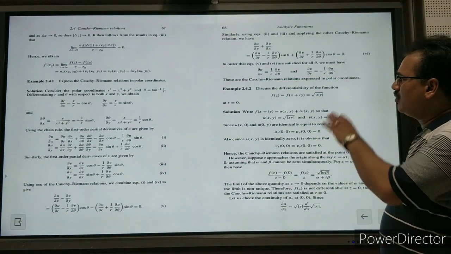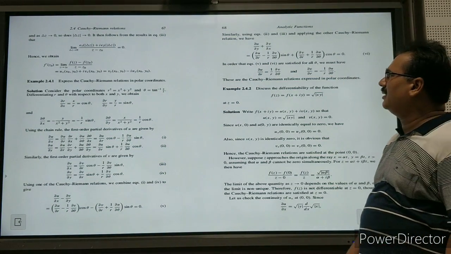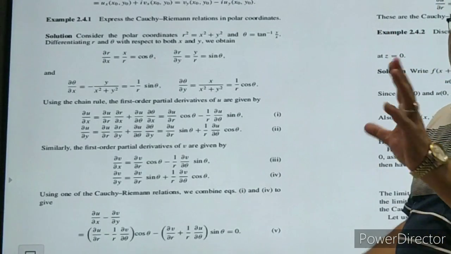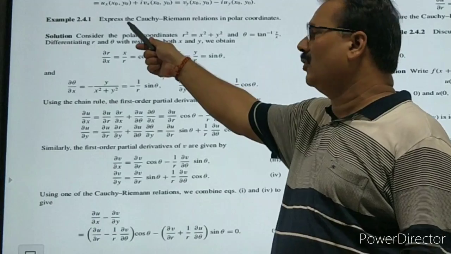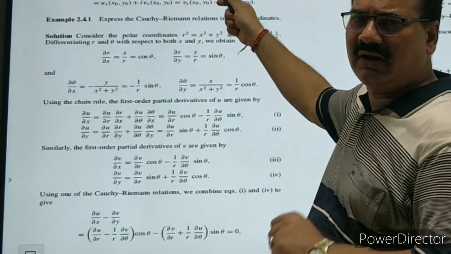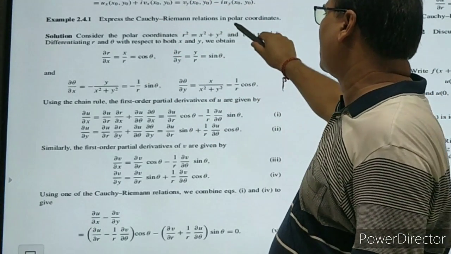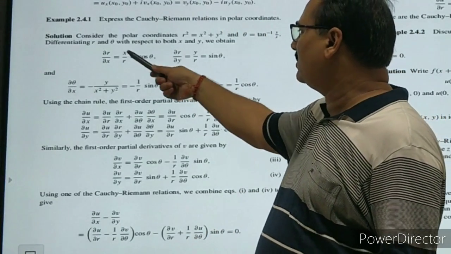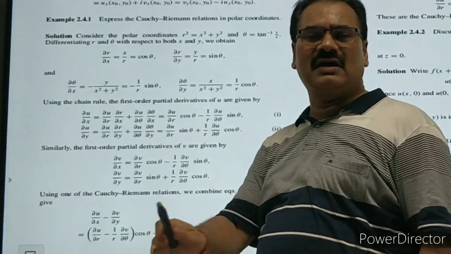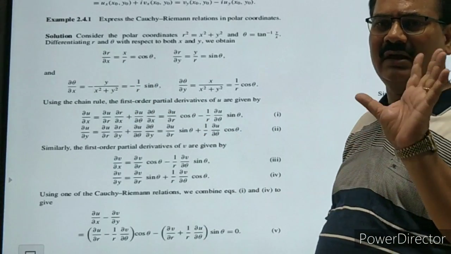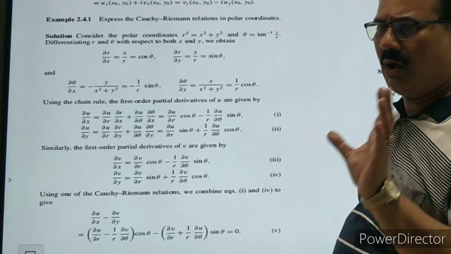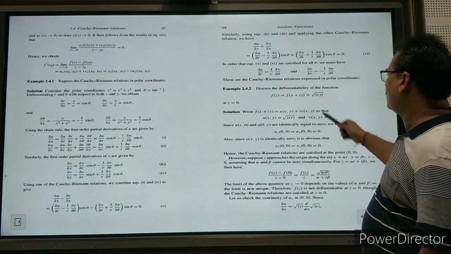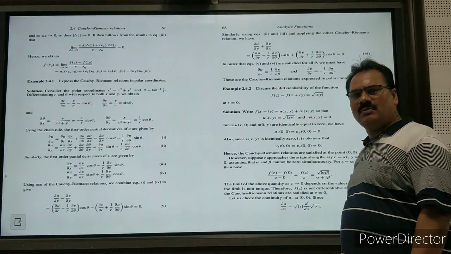Now, similarly, you can go on. I just wanted to show this picture from the books. Sometimes this problem is asked in the major exam, especially. You can consult the book and read carefully. He expressed the Cauchy-Riemann relation in polar coordinates. So what is the proof of this Cauchy-Riemann equation? The proof is given here, and students are advised to pause this page, go through it, and derive the polar form of the Cauchy-Riemann equation. Very easily you can establish this polar form, which has already been shown in the previous PPT.